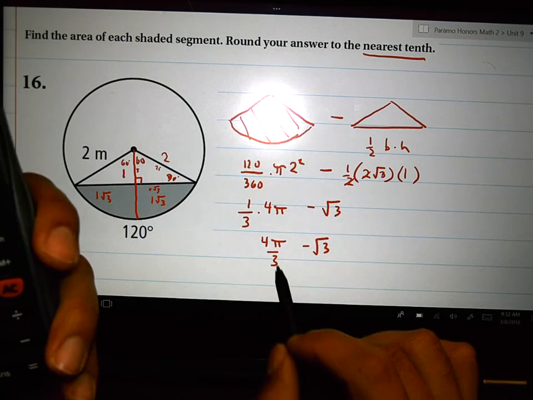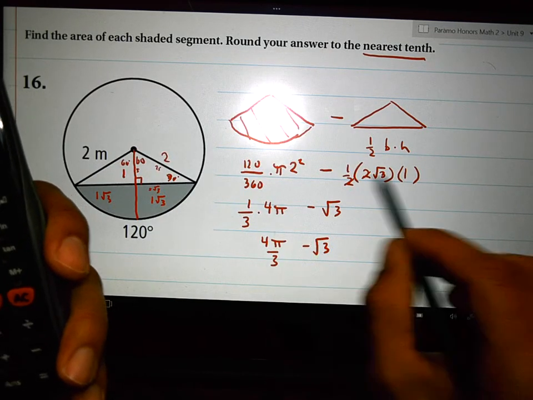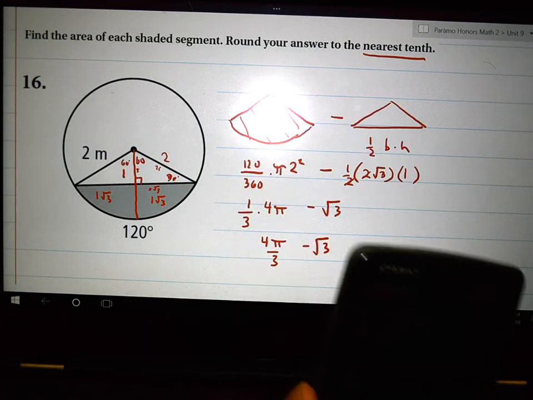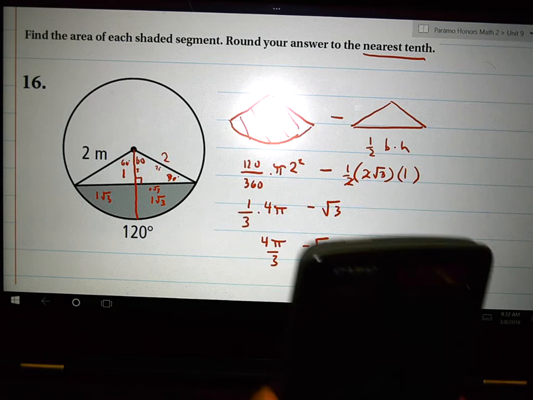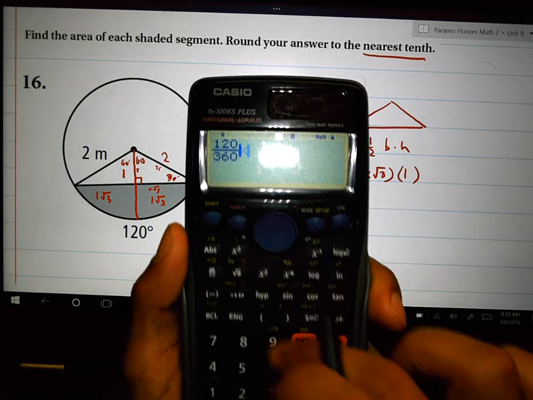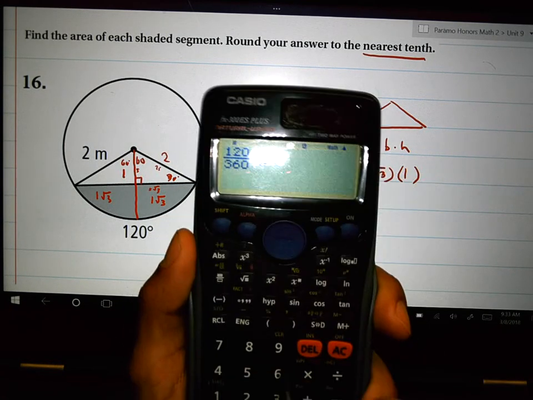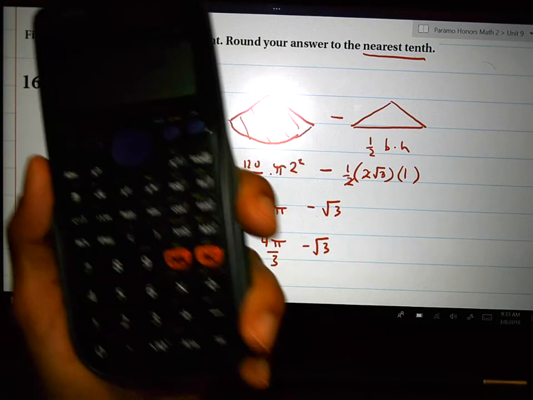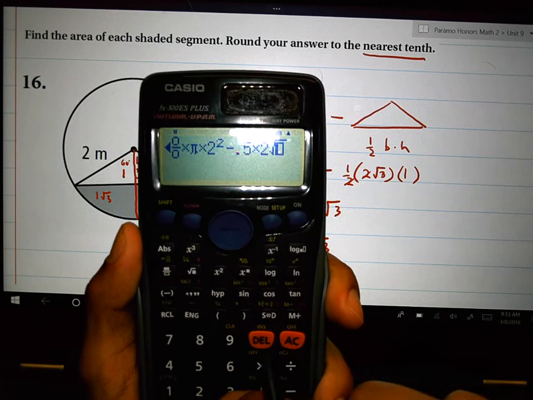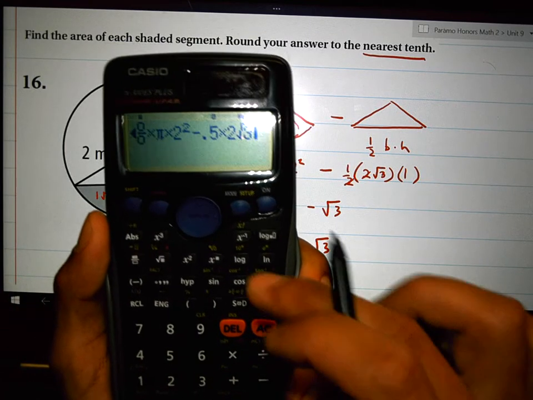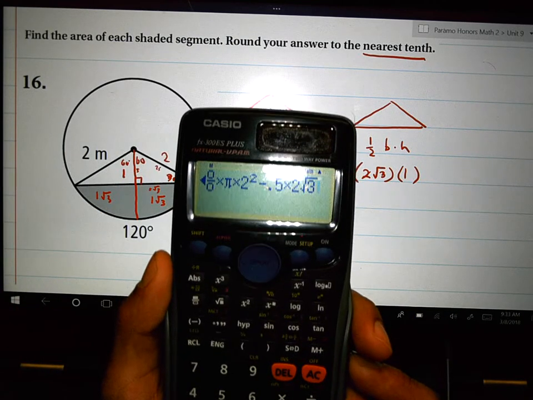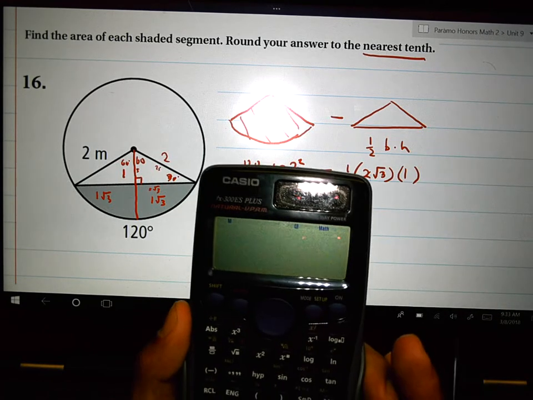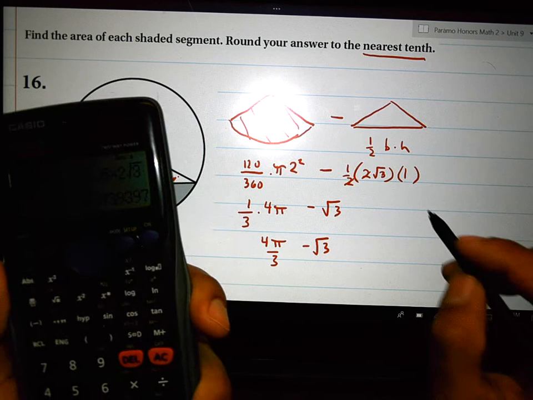Now, I'm thinking about plugging this in, but instead I'm going to go right back to here in case I made a mistake. 120, 360, times pi times 2 squared minus 0.5 times 2 root 3 times 1. I don't need to write times 1. So there's everything I've plugged in. Let me verify. Did I punch it in as I have? And I'm getting